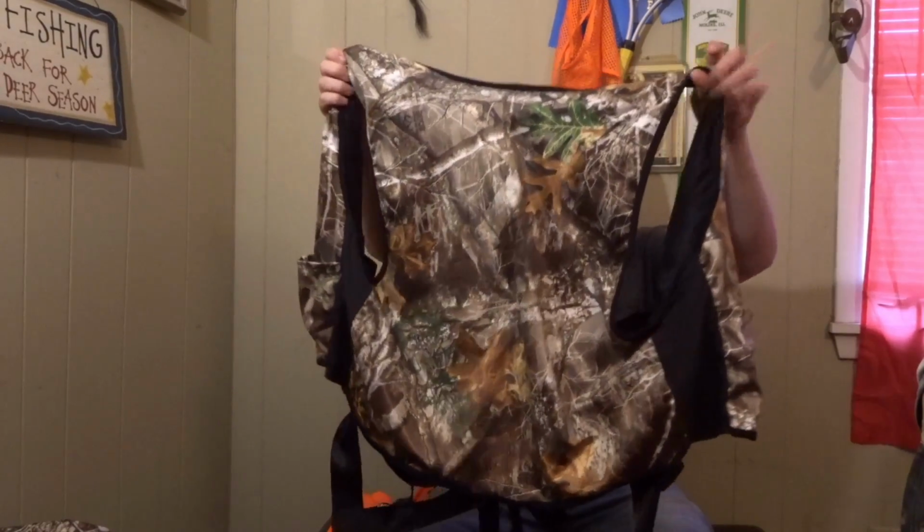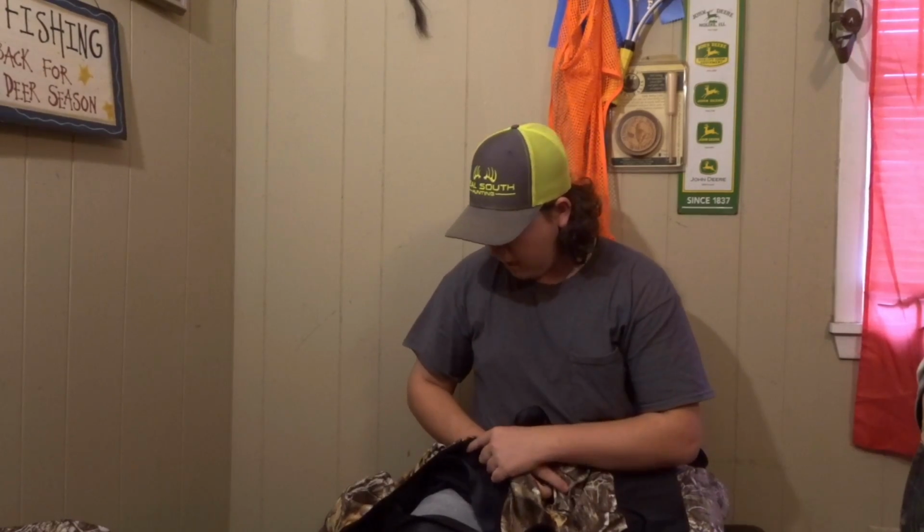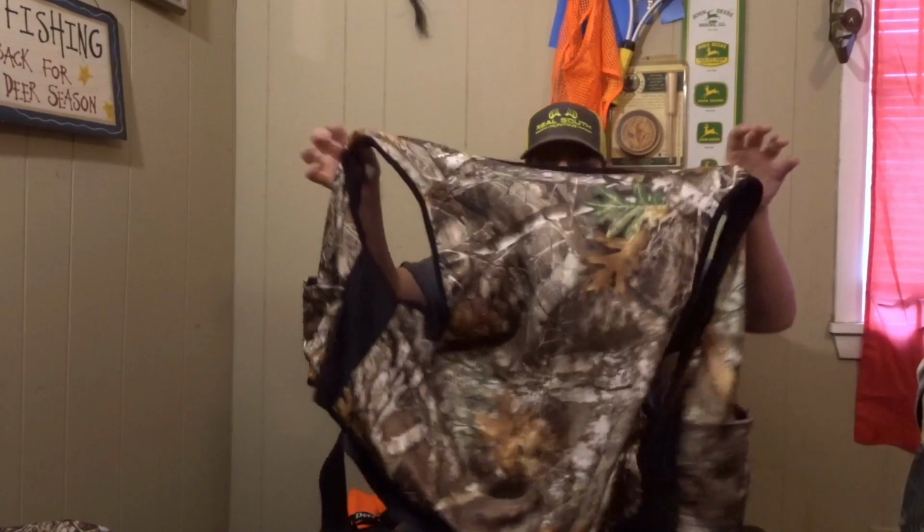And it buckles in, it clips on. It's got pockets on the side. I love it. I've used it several times. But I used it after Christmas, so I didn't really use it a lot because I didn't hunt out of my climber a lot last year. I hunted out of a tree stand or a shooting house mostly. So I'm going to be hunting out of a climber a lot this year, and the tree stands like that. So yeah, that's my